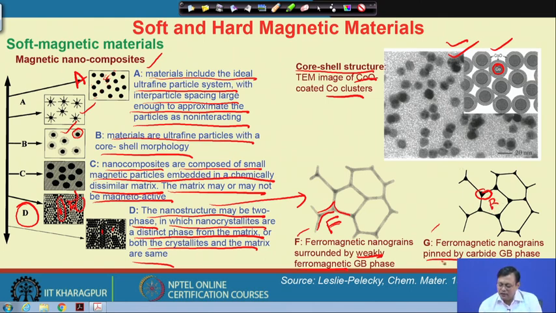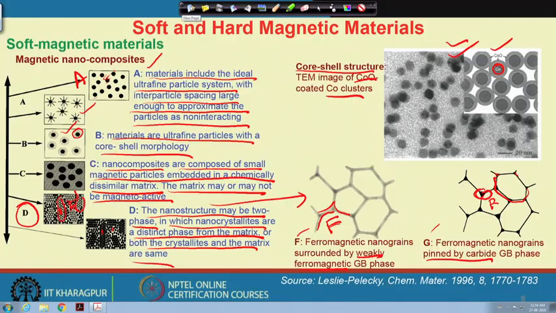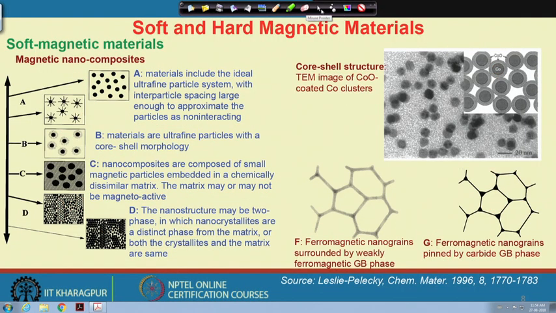Here this is a ferromagnetic nanograin, but some carbide is present at the grain boundary as a continuous phase that pins the microstructure. So, that basically makes it more difficult to orient or align the microstructure. So, that is the pinning action in a magnetic material. So, you can see such a wide range of metallurgical aspects that is possible for developing several types of